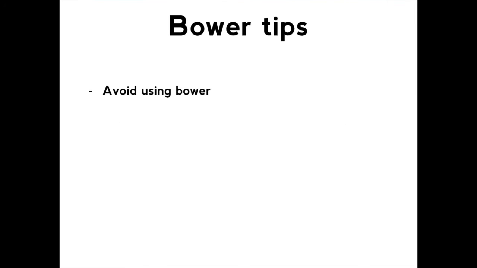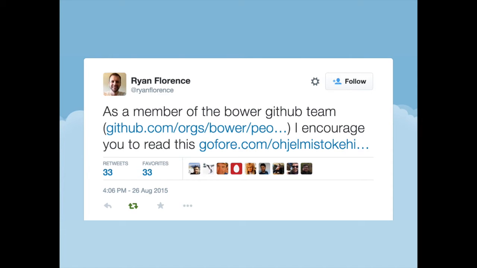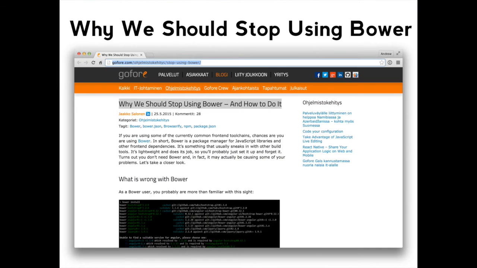I put that slide in earlier today, and then around lunchtime I noticed this tweet which says, as a member of the Bower team, please go and read this article. I was like, oh, okay. And the article literally says, stop using Bower. The maintainers of Bower are like, don't think you should really be using it anymore. Bower is essentially a glorified curl and a URL shortener from a GitHub name to a single name without the slash. It doesn't really give you much else other than that.